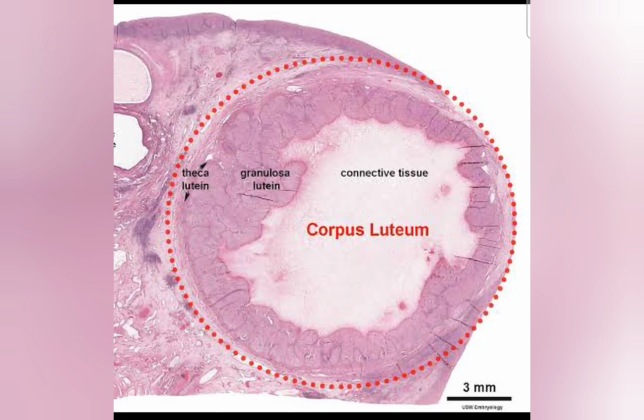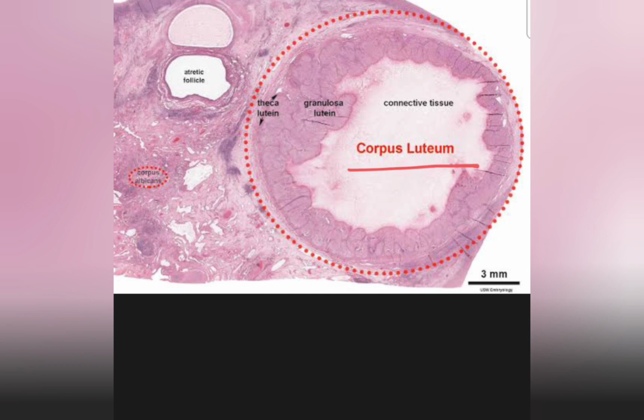This is the picture of the corpus luteum, as you can see the name here. Okay, so when is the corpus luteum formed? When the Graafian follicle ruptures to discharge the ovum. That means the ovulation process takes place. This corpus luteum then transforms itself into a gland which gets filled up by cells with coagulated blood drops. Okay. So this corpus luteum is basically a temporary gland. It is not a permanent gland like all other glands. It is not permanent, it is temporary.